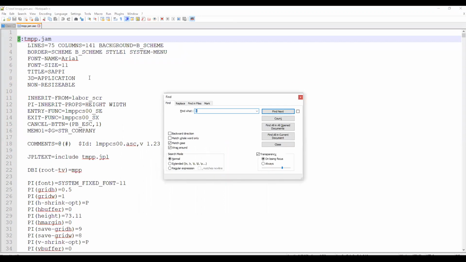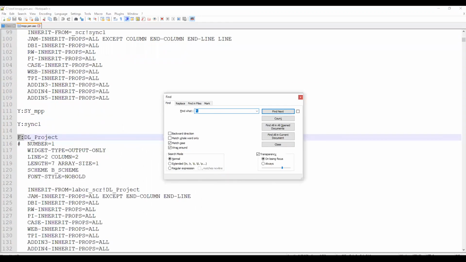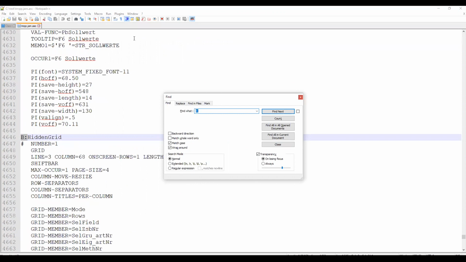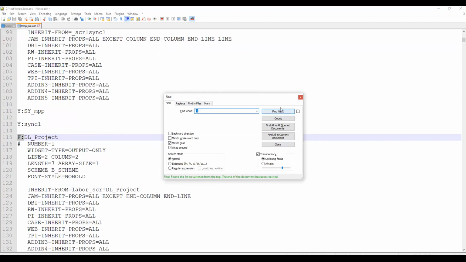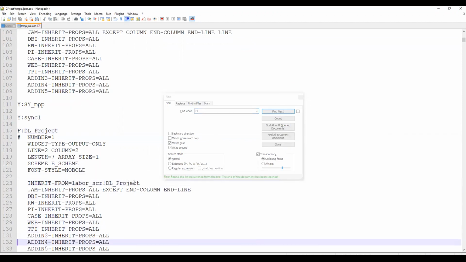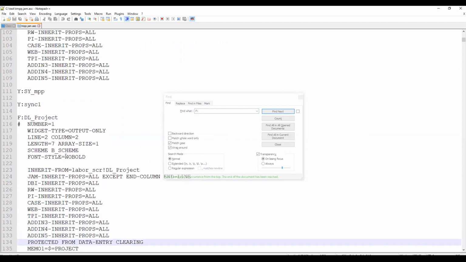And there are a couple of other things, something like F colons. F colons are basically for dynamic labels, single line text fields and multi-line text fields. At the same time, there are B colons, which are for grids. What an ASCII file helps you with is, if you have a single line text field or a dynamic label, there will be properties like the line, the column number, the scheme and the font style. And if you have any colors on that particular field, the color properties will be displayed here. So if you need to modify any of the color properties, fonts, or length and array size and everything, it will be very easy for you to make the change from here.